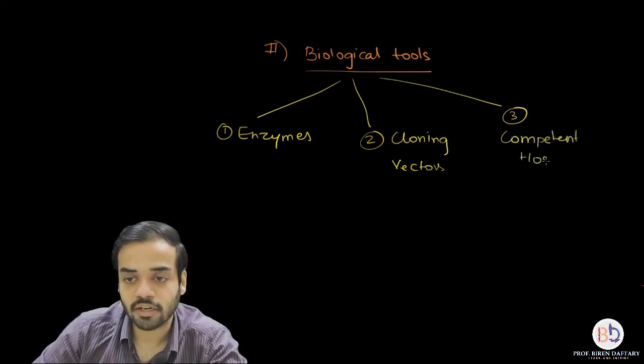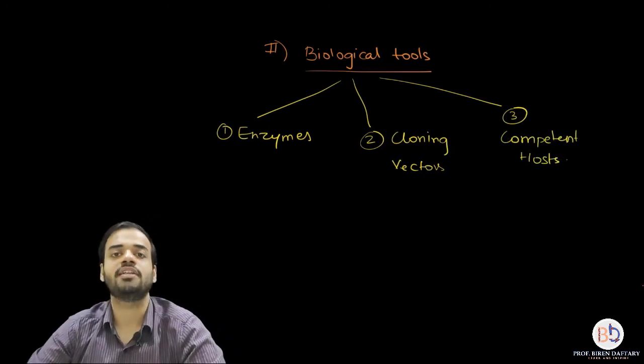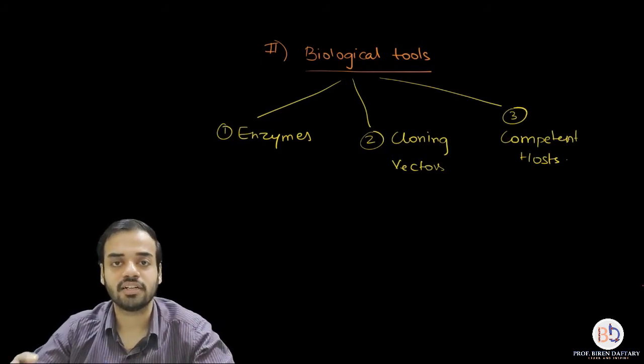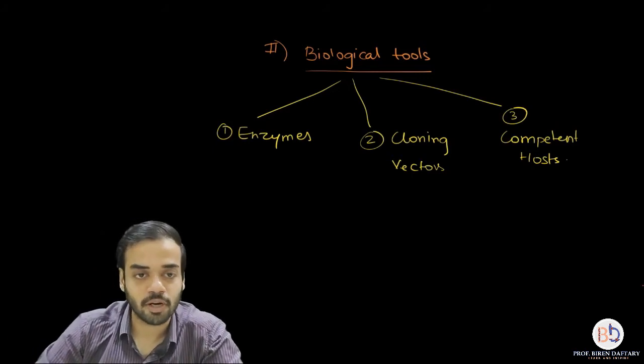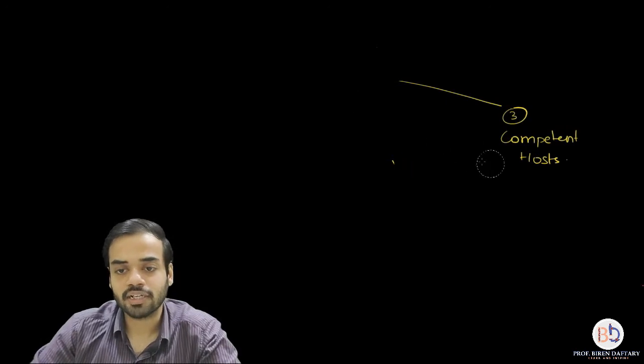Okay, and once we complete with our today's lecture, all the requirements, all the tool techniques will be done with, and from the next lecture we will be starting with the actual recombinant DNA technology. Is that clear? So let us start with the first part, which is about enzymes. Okay, now what are enzymes? There are many different kinds of enzymes which are present. You must have learned about a lot of different enzymes. Okay, so can you give me some examples of enzymes?